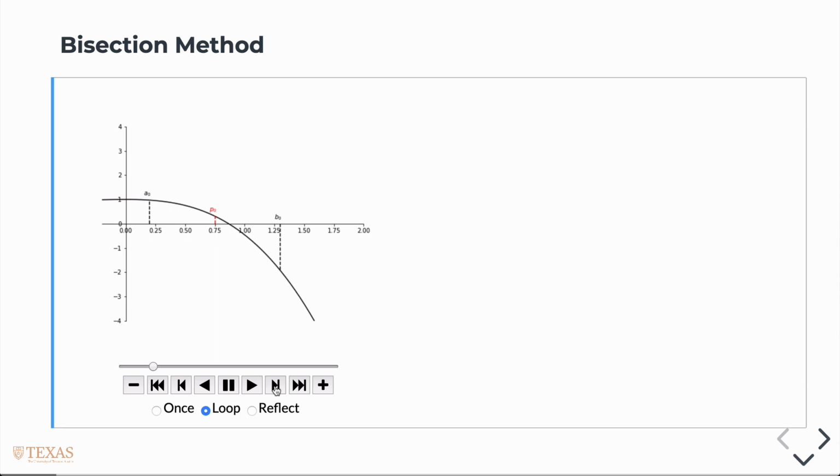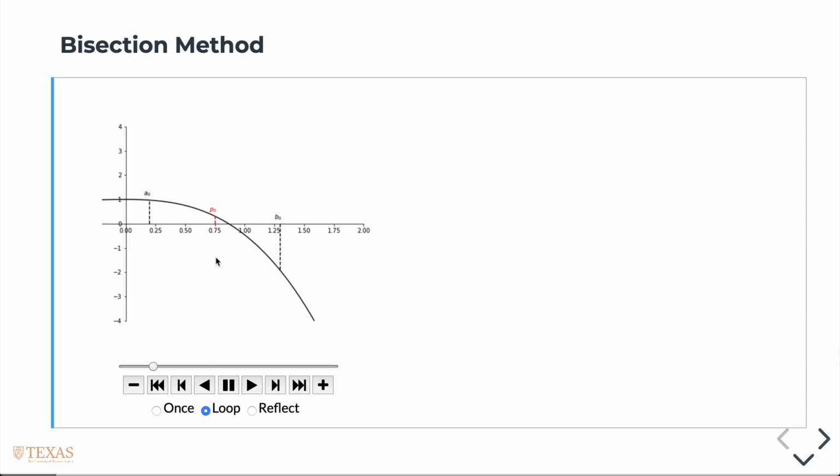I think the easiest way to explain it is with this simple animation here. So we have a function. Obviously, the root is right there between 0.75 and 1. And what we're going to do is pick two initial guesses that bound the root, right? So the guess A0 must be on the left side of the root. The guess B0 must be on the right side of the root. And if we do that, then we can simply bisect that, find a new point we'll call P0, and then